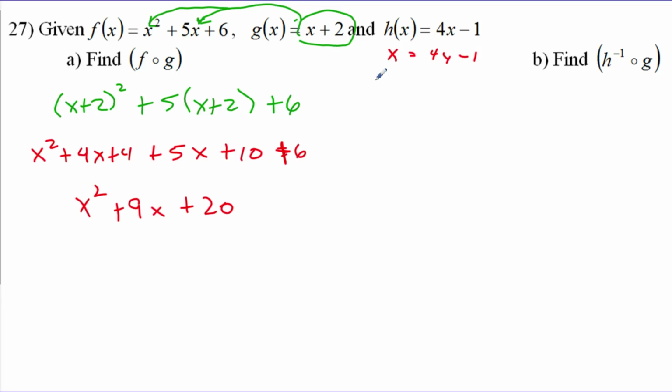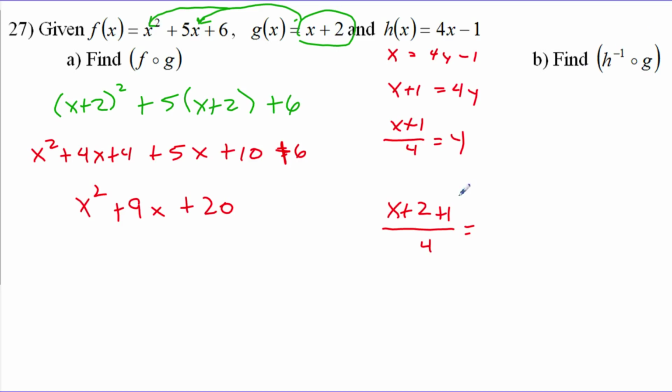So we're going to add 1 to both sides. It's going to be x plus 1 equals 4y. Divide both sides by 4, and I get (x plus 1) over 4 is equal to y. So this is h inverse, (x plus 1) over 4. I'm going to plug g into this, which is really just in that one spot. So I'm going to say this is really (x plus 2 plus 1) over 4,